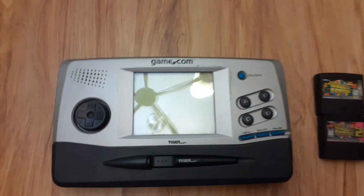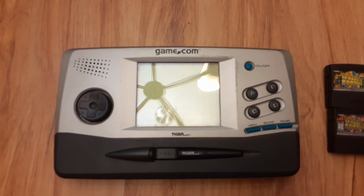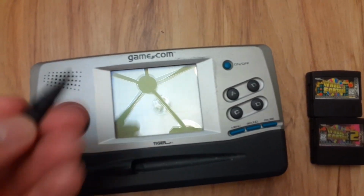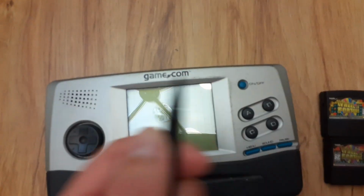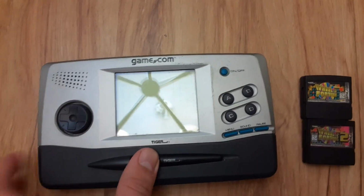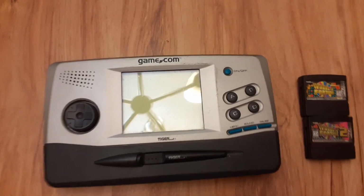Now, some of the things that it had that Nintendo's original Game Boy did not have was, first off, a touchscreen. It came with a built-in stylus. That's the end that you use. So it has a touchscreen. It had internet capabilities, but